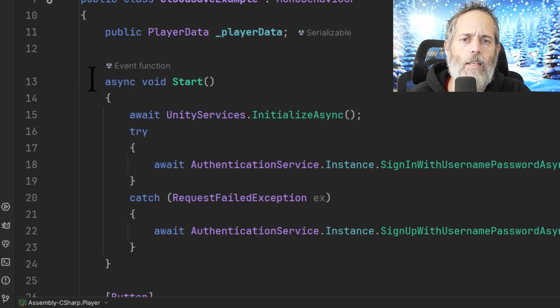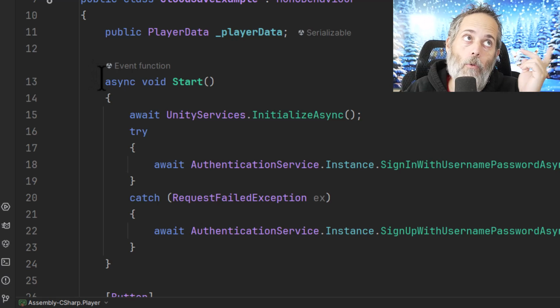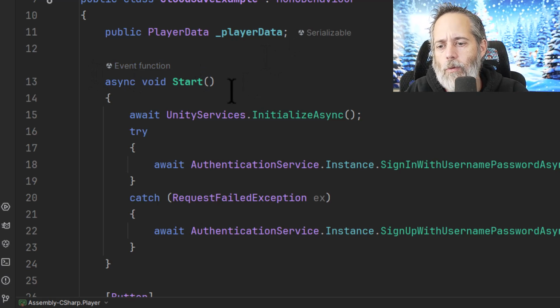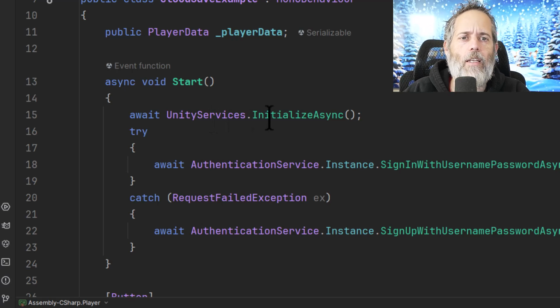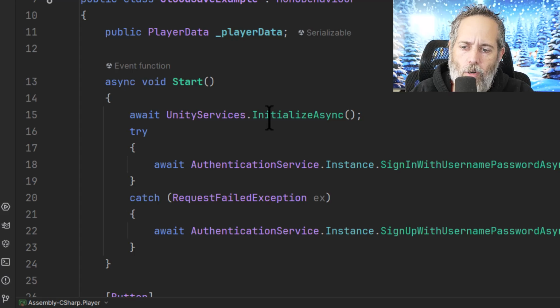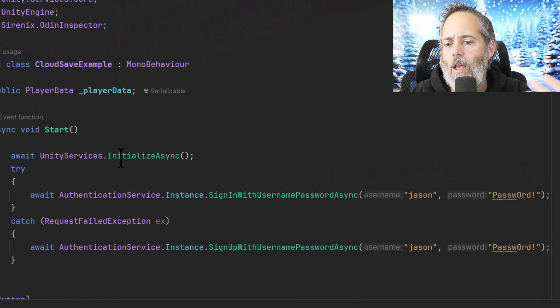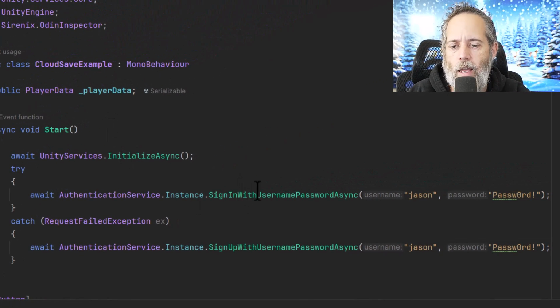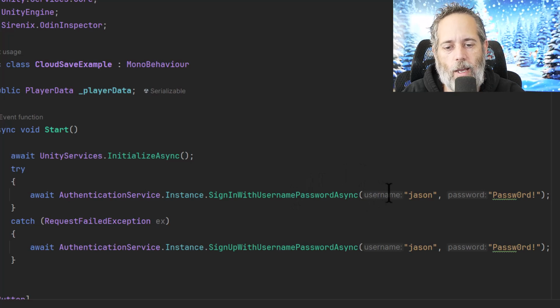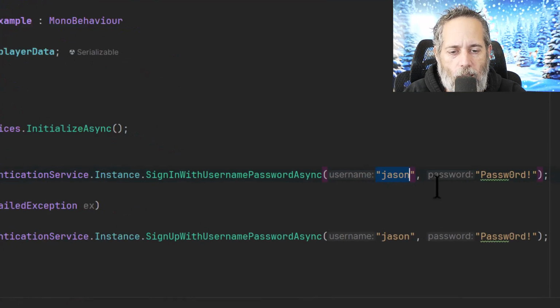This is an asynchronous start method because we're going to call a bunch of asynchronous Unity services. Well, one Unity service. But the first thing we need to do is call the Unity service initialize async. This is something that you have to call before using any of the Unity services, including authentication. After that, I call the sign in with username and password,